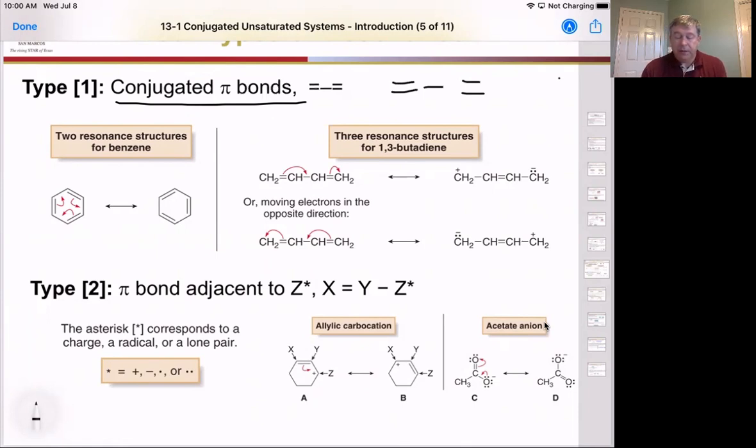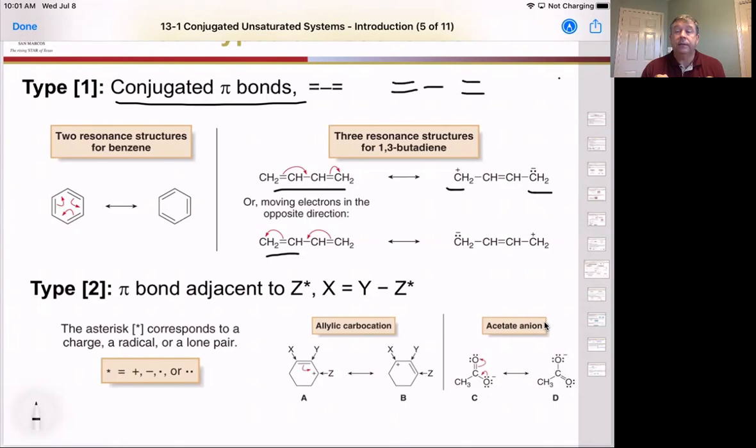Okay, so if we look at the resonance structure for butadiene here, we can have the electrons move back and forth, giving us a separated charge of plus and minus, and then can flip back to give us our stabilized uncharged species. Okay. The other type of resonance we can have is where we have a pi bond adjacent to